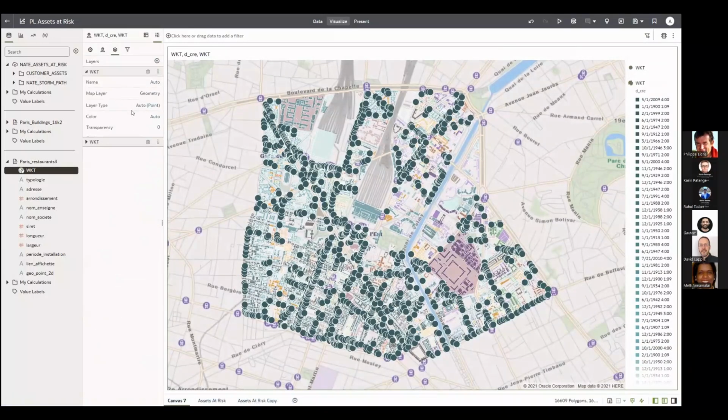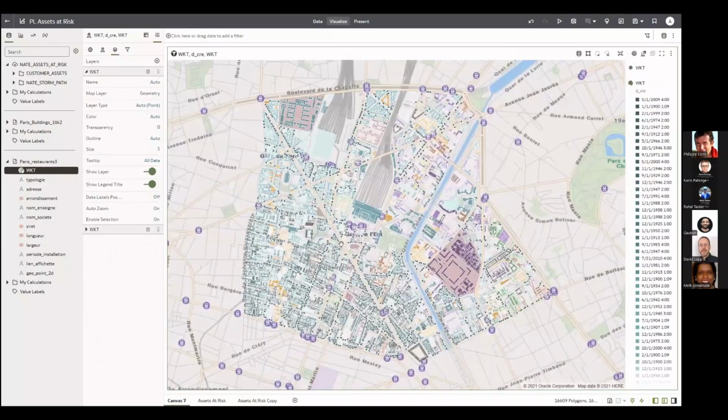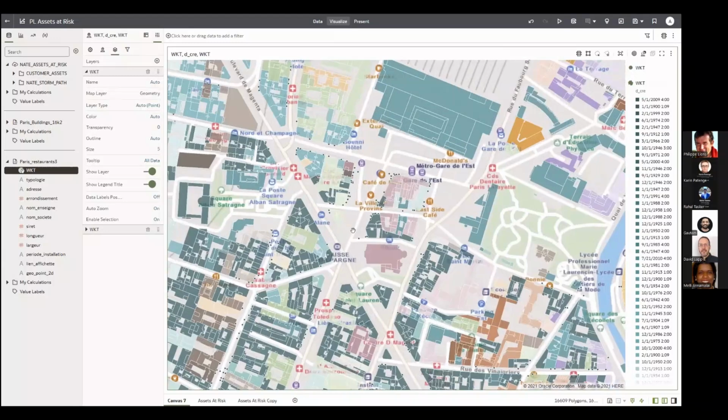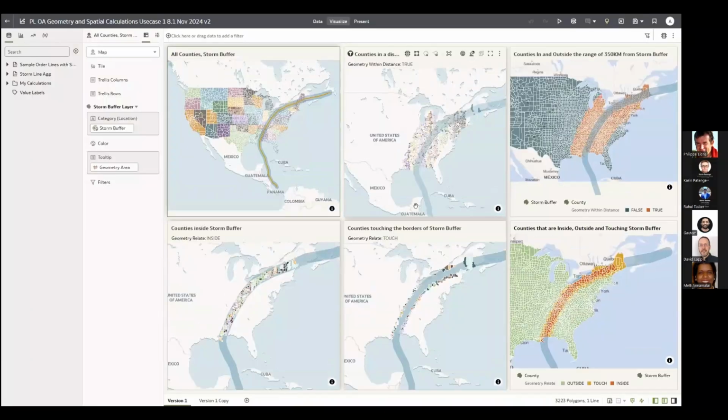Let me make this a little bit smaller. How about we make it 5? Now you see all the dots. And if we go down in the details, we can see all that. Now, of course, there are calculations that we can do with this. But before we do this, I want to show you that the same